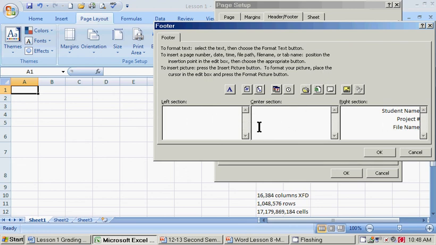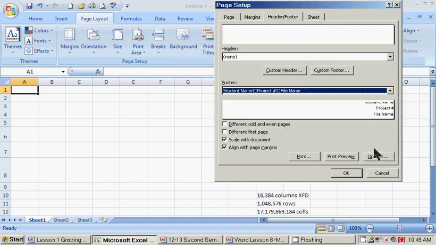Notice it splits your page into 3 sections, left, center, and right. You're going to click in the right section. You're going to type your first and last name. The next line will be the project number. So press the enter key and choose project and type in project number. And the third line will be the file name. Whatever the file name is, the name of what it tells you to name it. Then you click OK